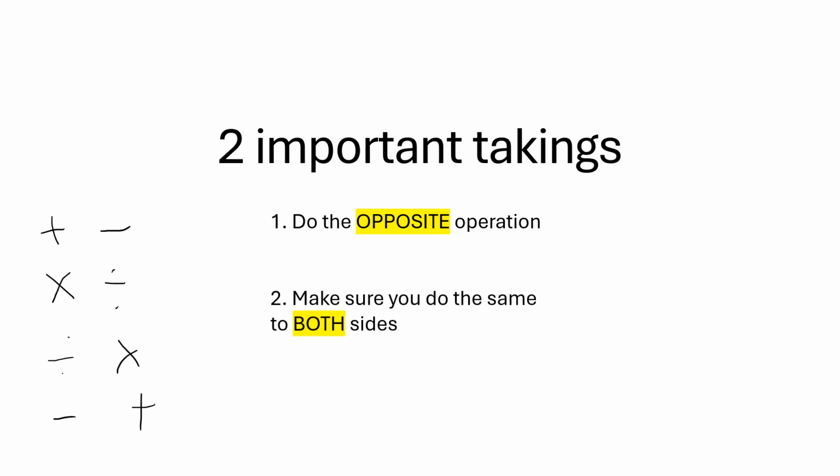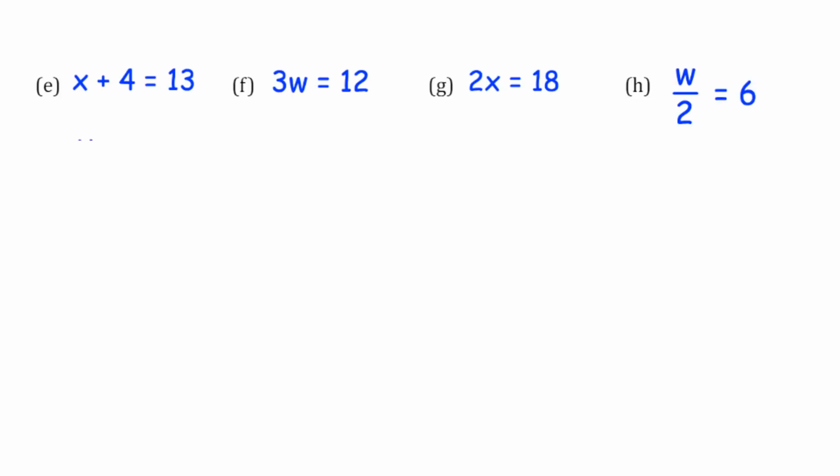The second is to make sure you do the same thing to both sides. So if you're going to add it to this side, make sure on the other side you also add it. If you're going to subtract it, on the other side you have to subtract it. Looking at some examples,